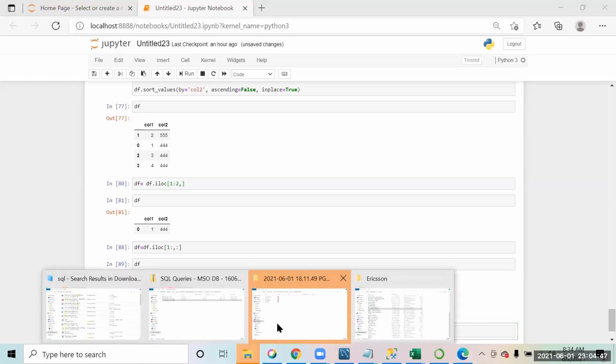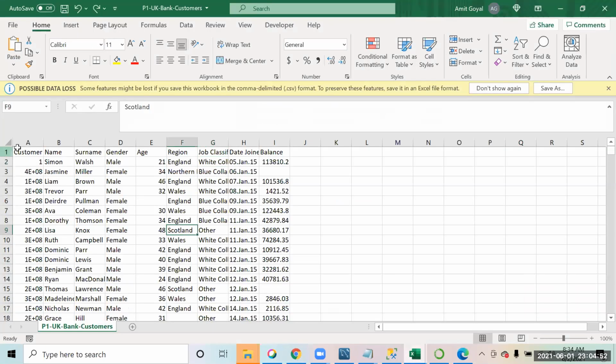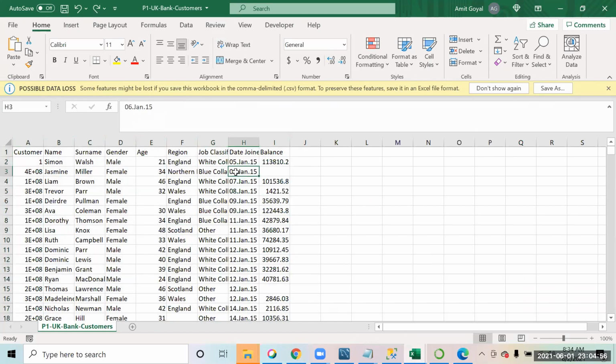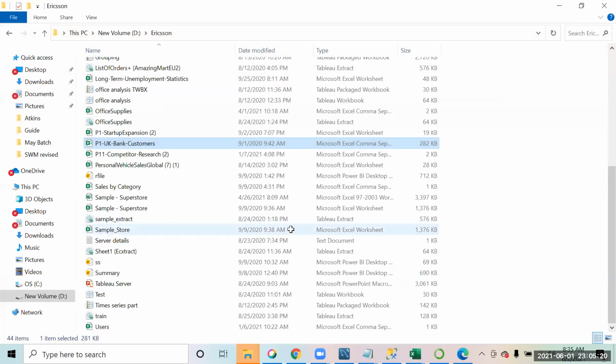So let me just open one of the data sets over here. This is how the data set that we get. Generally, we do not remove the rows by giving the numbers. We delete the rows based on a condition. I want to delete those rows where the balance is more than 10,000, or where the gender is male, or where the age is more than 30. So we delete the rows based on a condition. We never delete the rows by the number. For dropping the rows, we always use conditions.